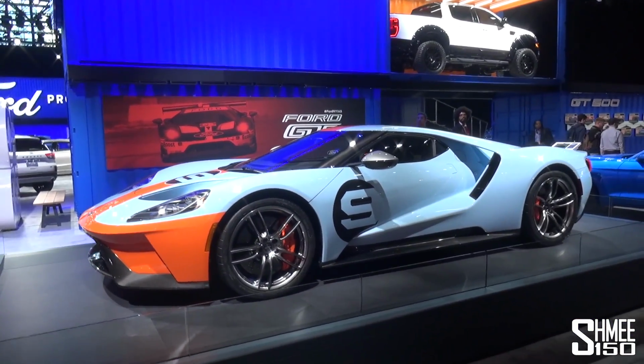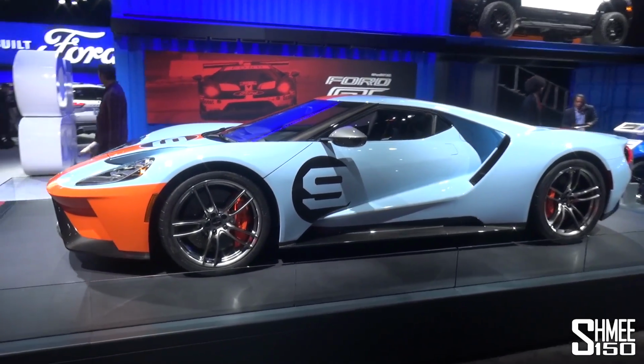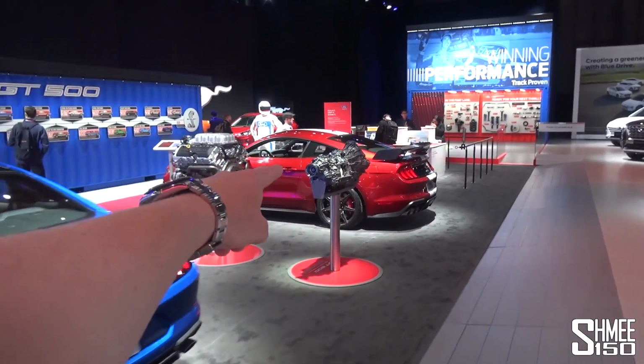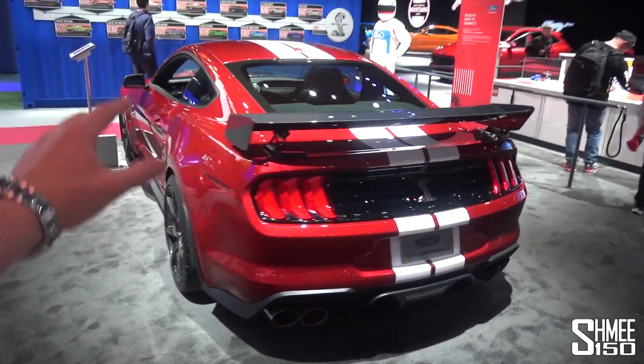But to do so, we're walking past Nissan, where there's a 50th anniversary of the GT-R, as well as some updates to the Nismo, so I'll head to that in a moment. But in front of me right here is the Gulf Heritage Ford GT, the 2019 Heritage Edition with the number 9 in the iconic Gulf livery. Looks very, very nice, but this is what I'm coming here to see, the Shelby GT500, the most badass, monstrous,